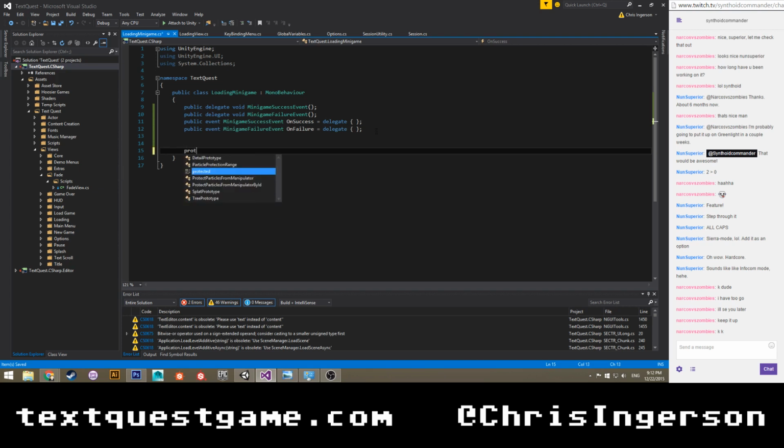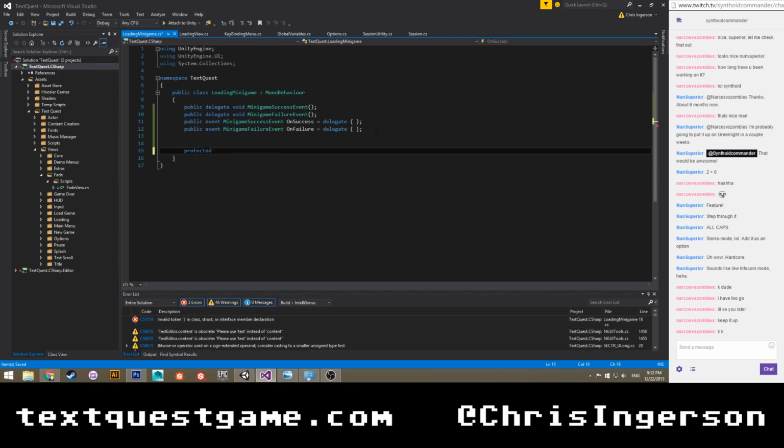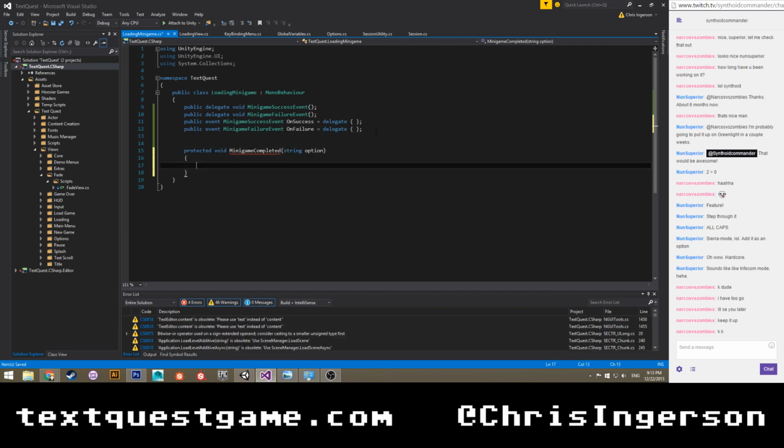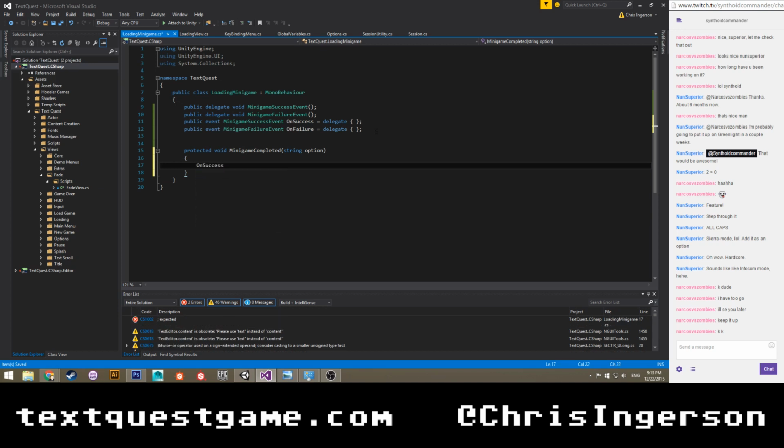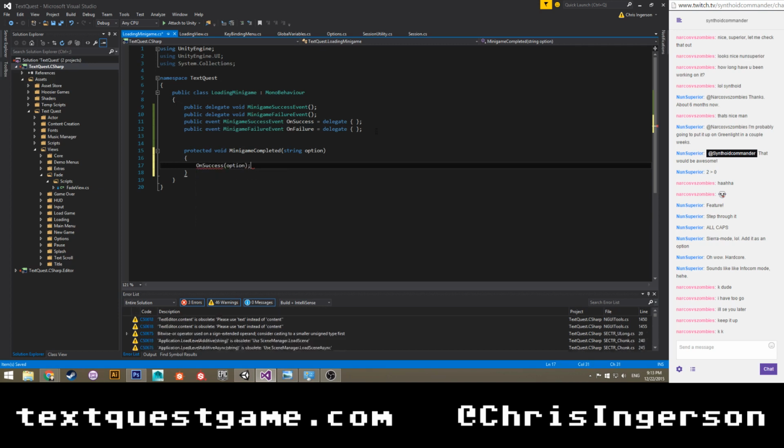So we're going to have protected void OnSuccess, I guess minigame completed, string option, and then we'll say OnSuccess pass option.